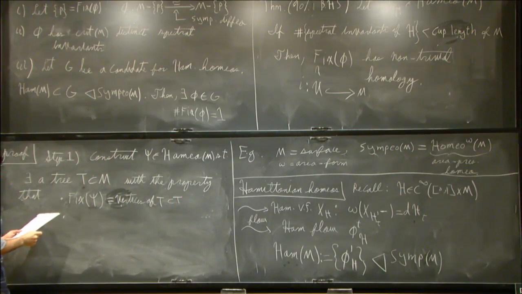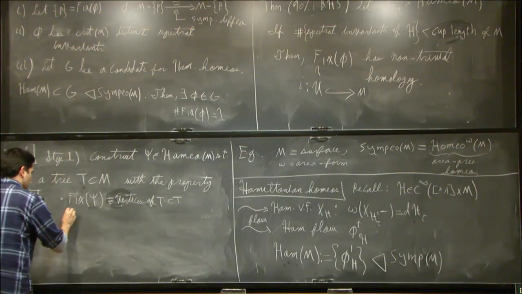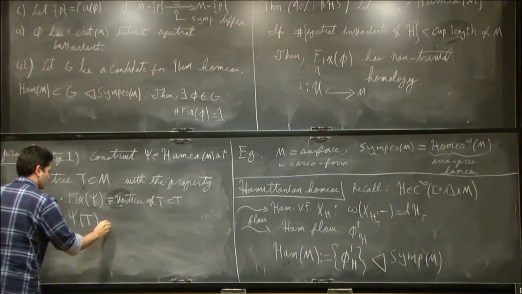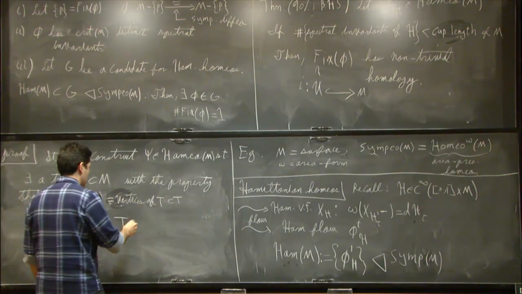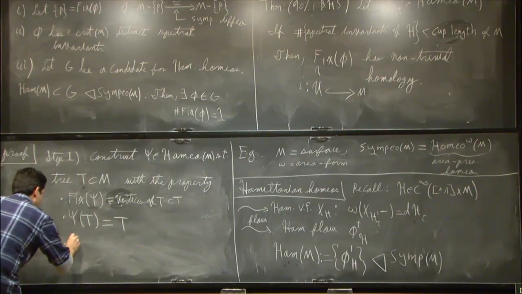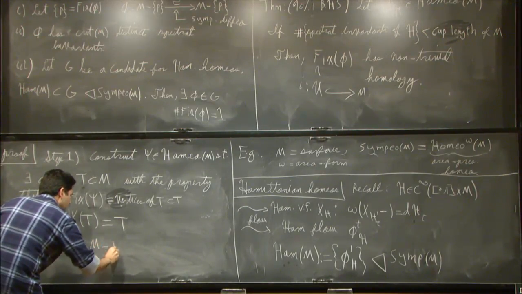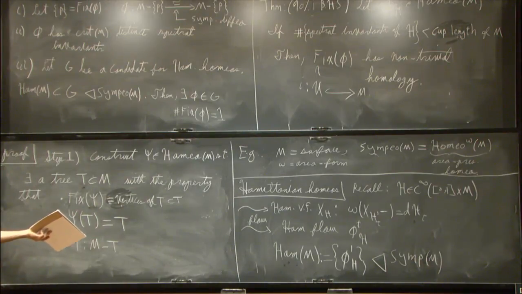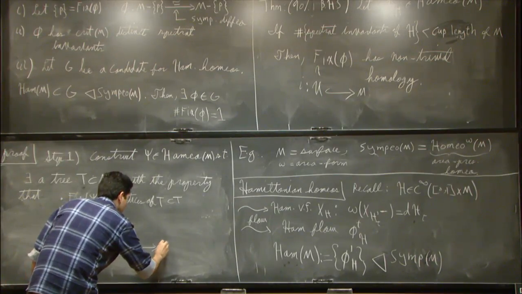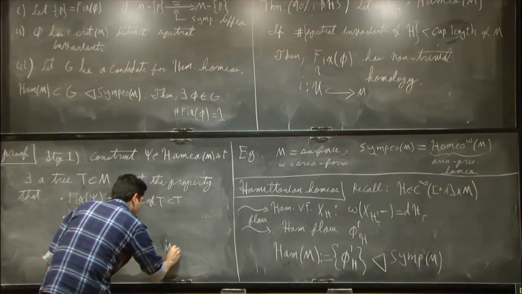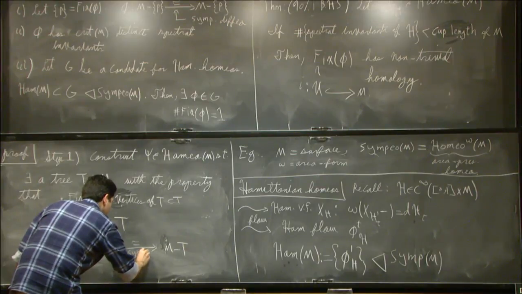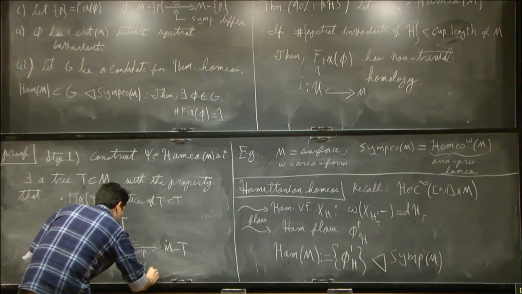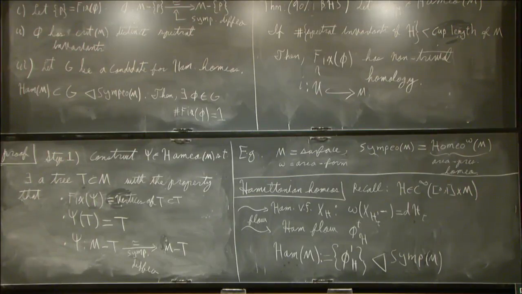The second thing is that the set T, the tree, is invariant for the homeomorphism. And the third property is that this homeomorphism is smooth. So it preserves the tree T, which means it preserves the complement of the tree. So it's smooth in the complement, a symplectic diffeomorphism in the complement. And this last thing will be used to show that whatever I get in the end will be smooth everywhere except at that fixed point.